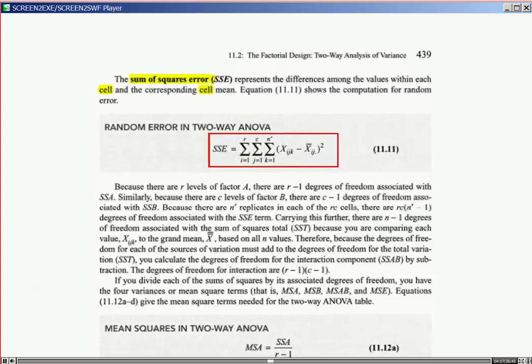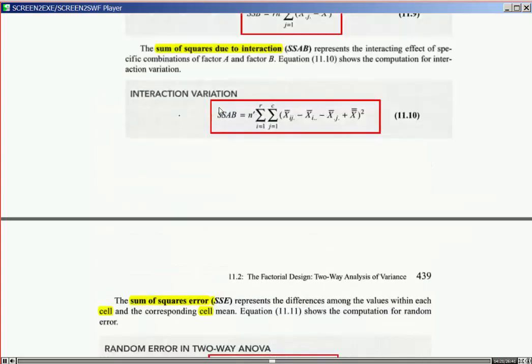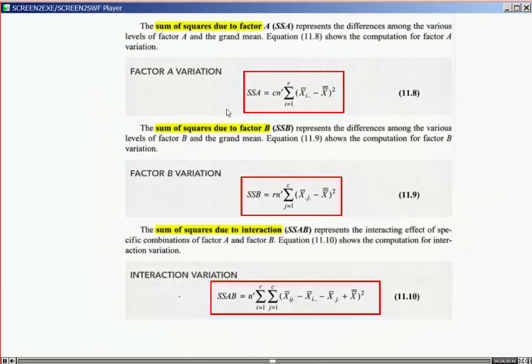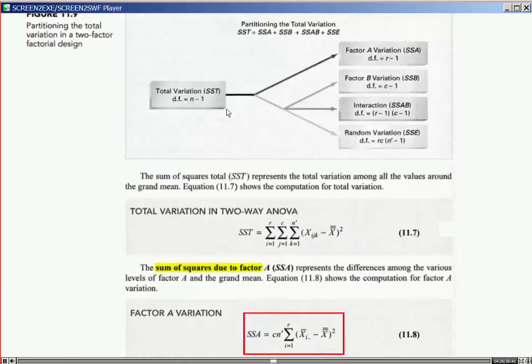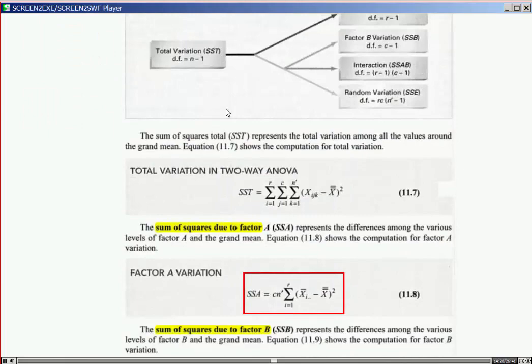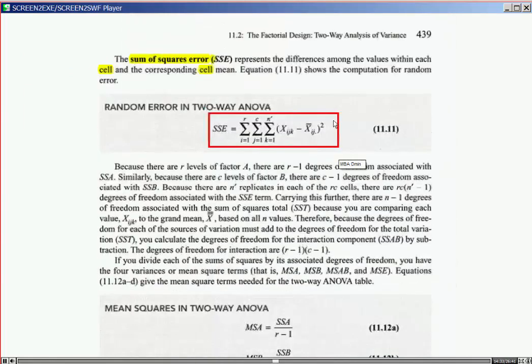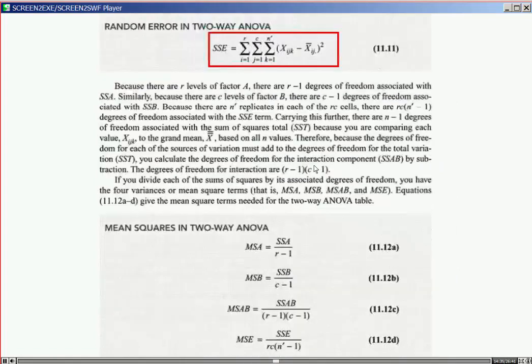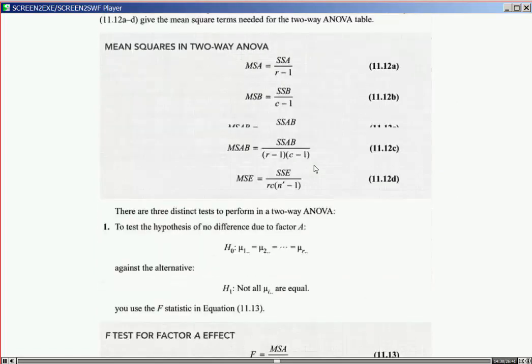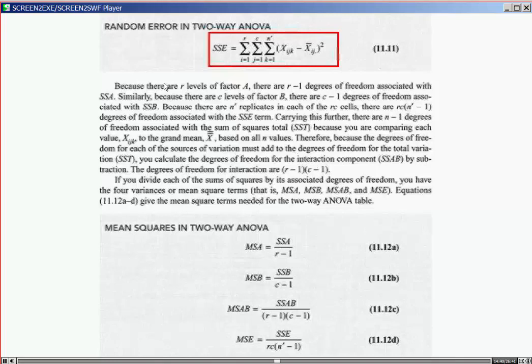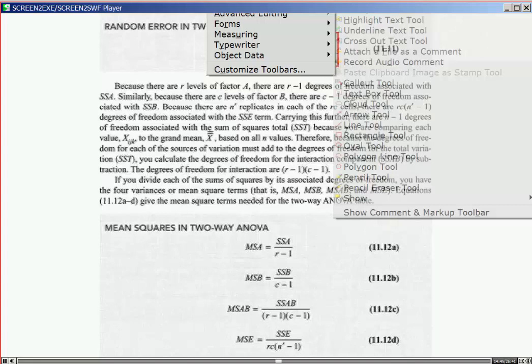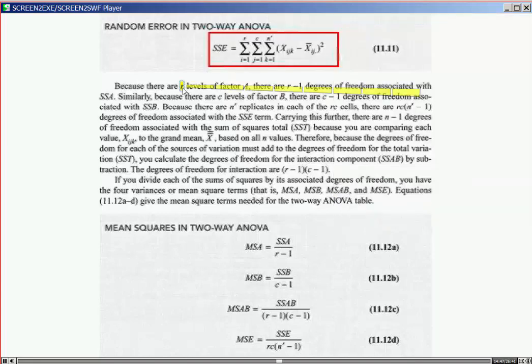But they'll be only subtracting the mean of the interaction, x sub ij. They're not showing how they calculate it. By the way, they're skipping all the means here, which is fine except for this one. This one has not been calculated. Let's see if they do it there later in the text. I don't think so. Because there are R levels of factor A,